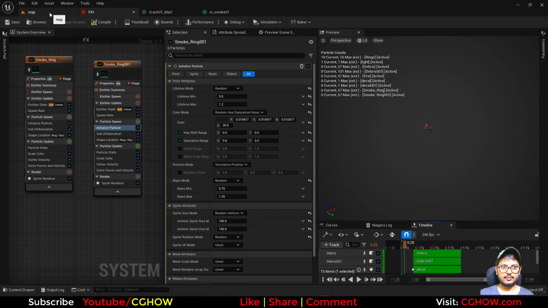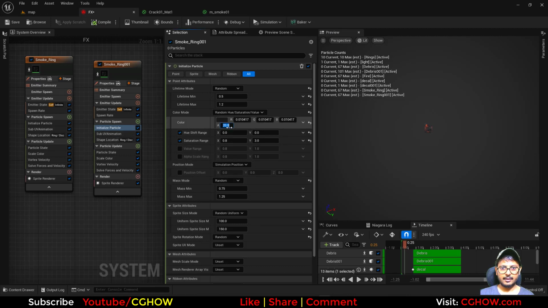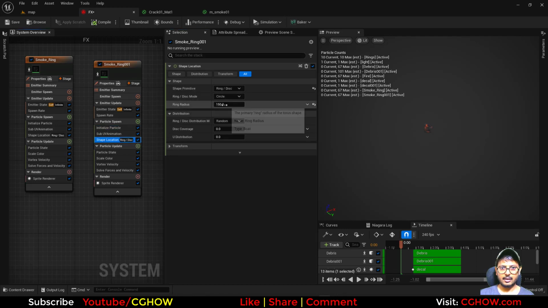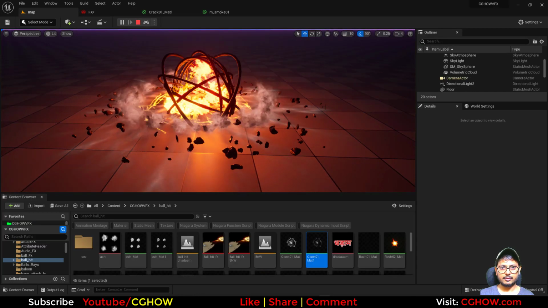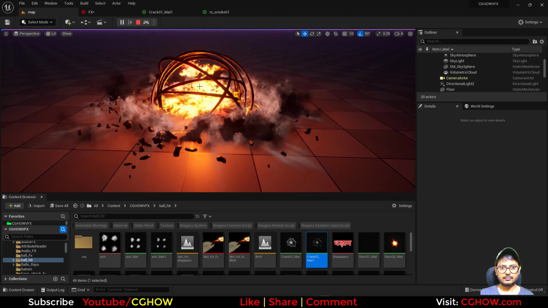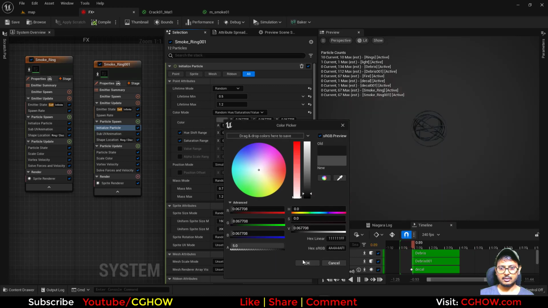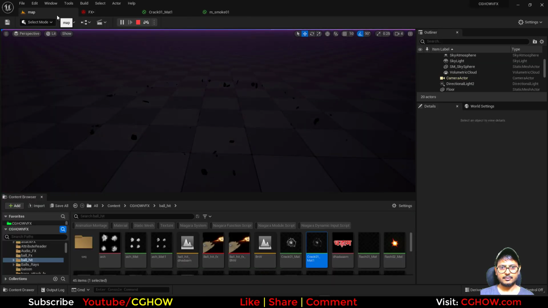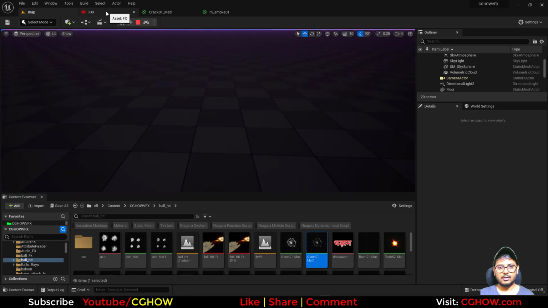And a little softer and bigger, maybe 200, 150. And it looks weird here, but it's fine in the viewport. So let's go with the viewport for now. And this is too much dark. Yeah, better. So next,